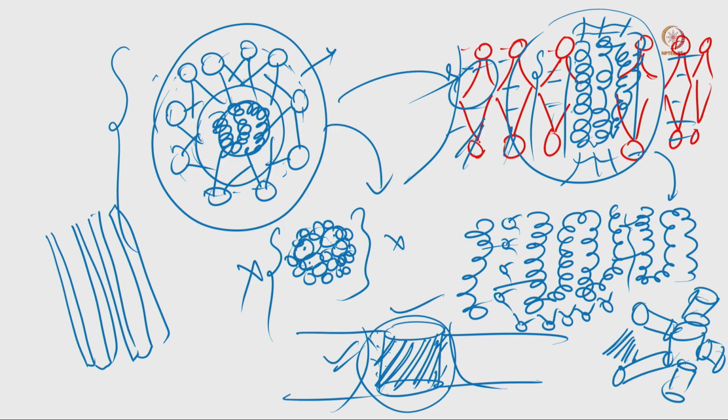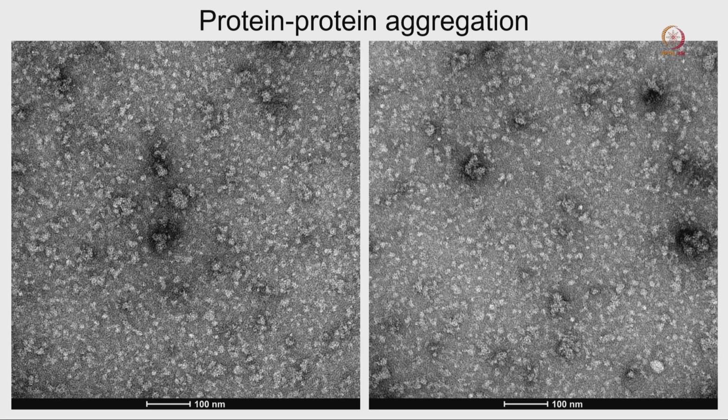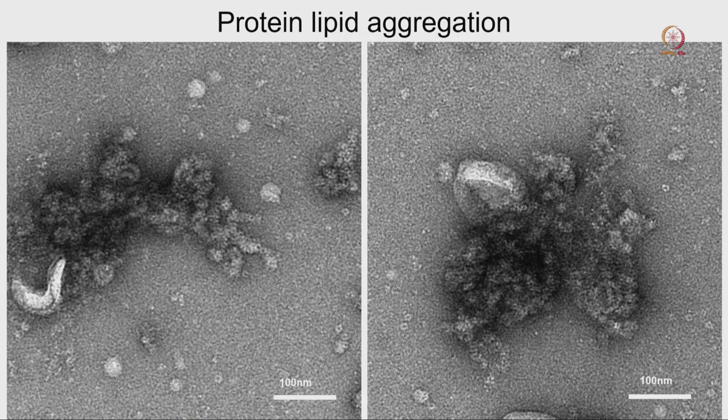So, for the aggregation, there will be many different reasons. One of the reasons is that a protein is happy in one particular environment. So, it is happy in the presence of detergent, it is happy in the presence of glycerol or high salt concentration. If you suddenly remove that, then proteins will come and interact with each other and some kind of aggregation will happen. So, exactly, last class I was discussing this one.